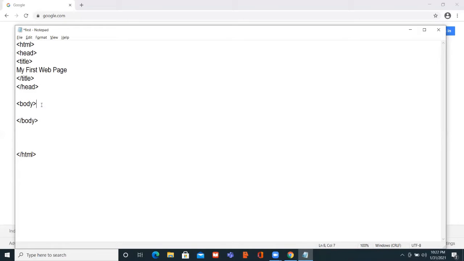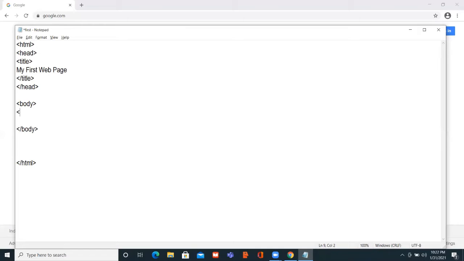Now this body element defines the document's body. That means whatever you see on your web page comes under or is defined under this body element.